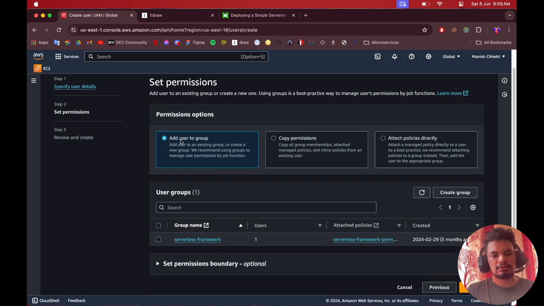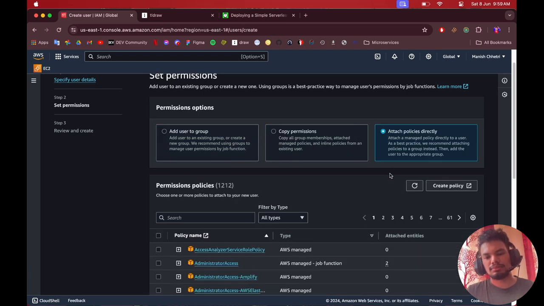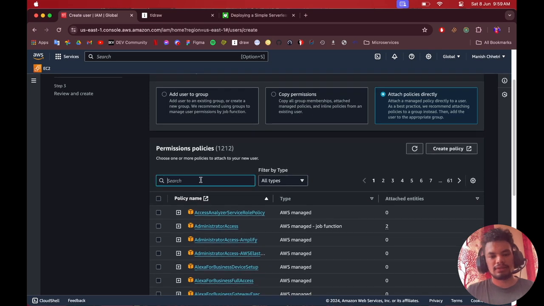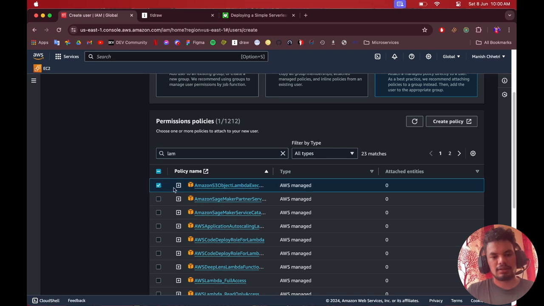You have different permission options: you can add the user to a group where you have already defined your permissions, copy permissions, or attach policies directly. Here you can choose different permissions, like Lambda, S3 for storing your zip file code,